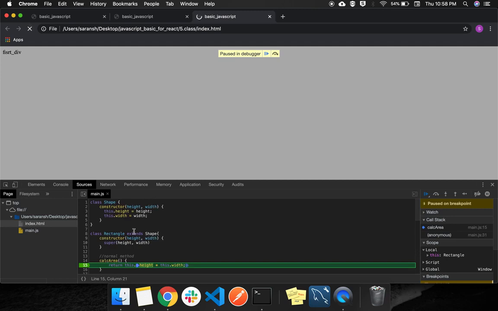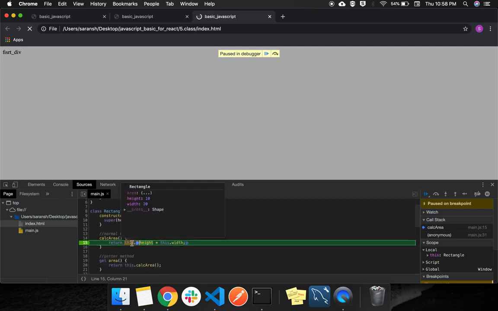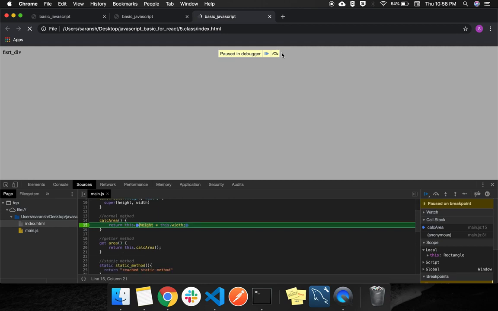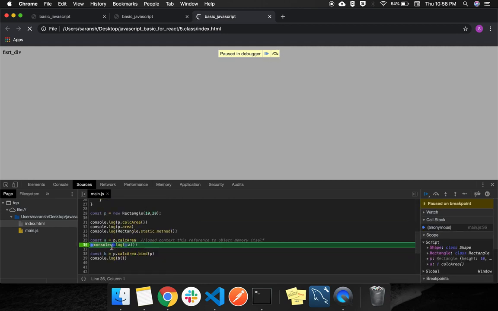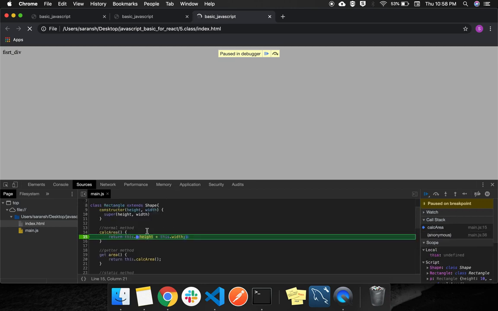First it got here, then it's not directly, now it got to console a, then we have the body of a, and we will try to execute it. Now it will jump to calcArea. Now what happened? Now this is undefined, but previously it was working. If this is undefined, then there will be no height, there will be no width.